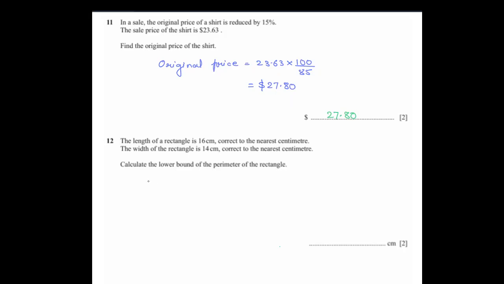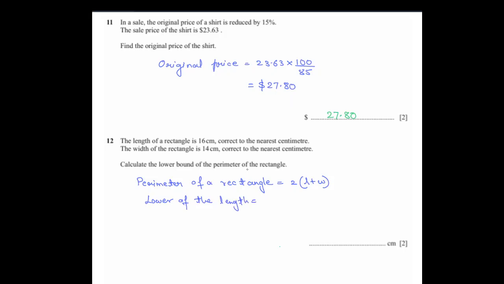So first of all, let us see what is the perimeter of the rectangle. Formula: the perimeter of a rectangle is 2 multiplied by the sum of length and width. So when we have such a formula, we need to find the lower bound, which means we need the lower bound of the length and the lower bound of the width. So the lower bound of the length